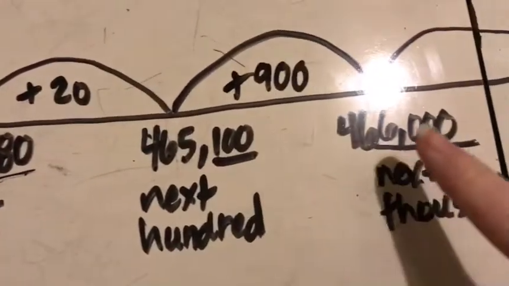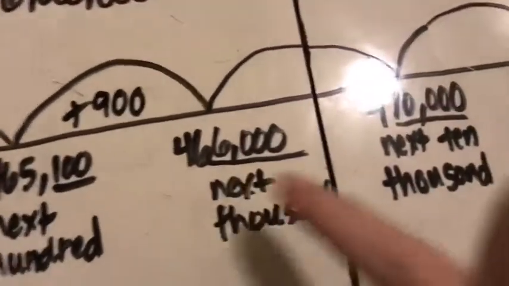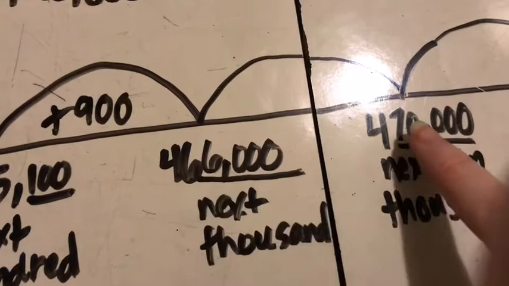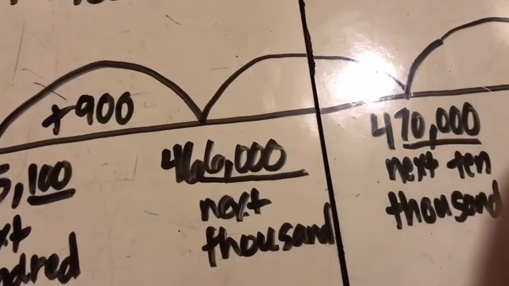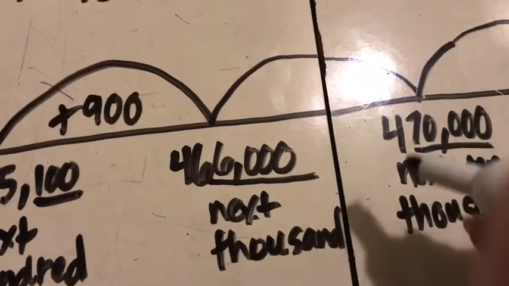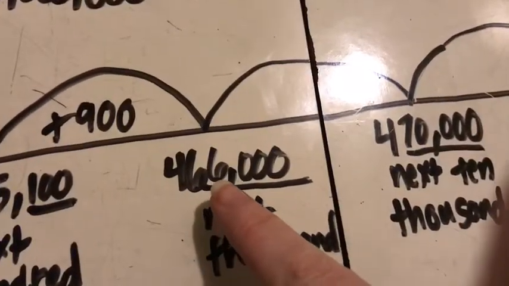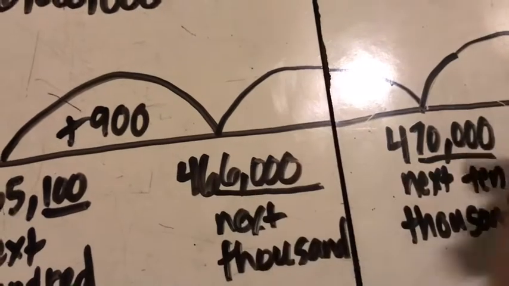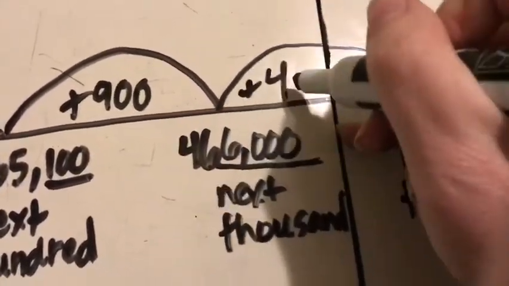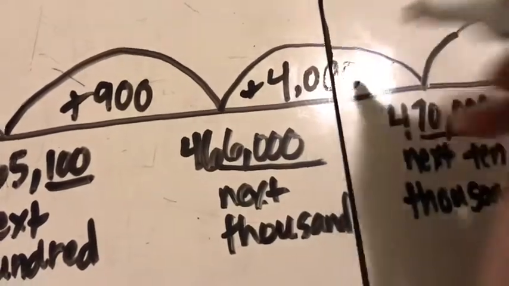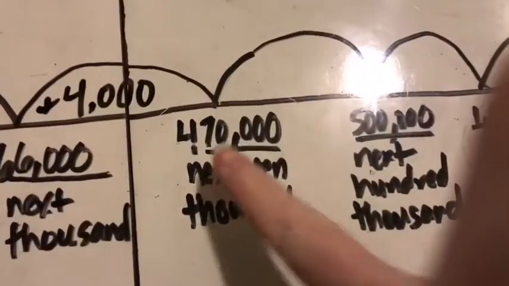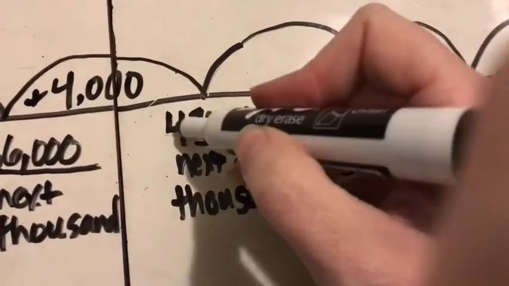Those 900s would get me up to 466,000. Okay, so now that I'm there, I'm thinking 66,000 up to 70,000. I can also just think 66 plus how much more gets me to 70, and that would be 4, since it would be 4,000 that I would need. 4 plus 4,000. Okay. So now that I'm at 470,000 and I want to get to